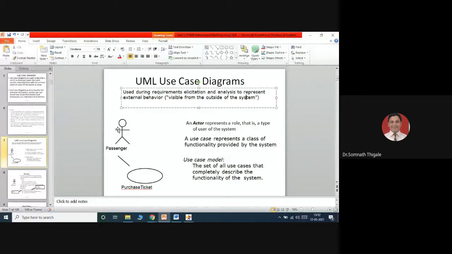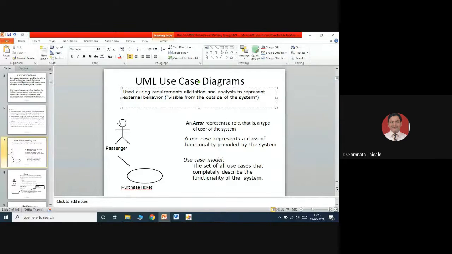So I will represent that actor, and the way the actor will perform interactions with my system. So my system will be considered to have one operation, purchase ticket. So I'm just representing this.